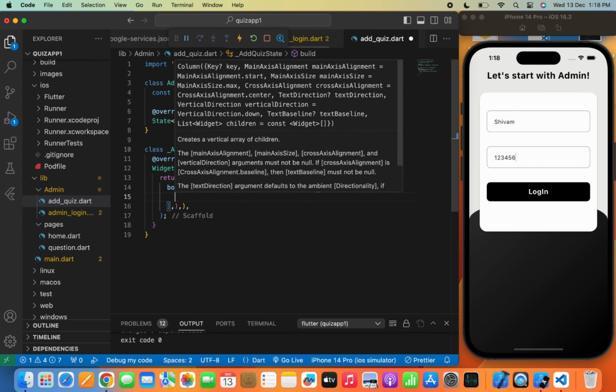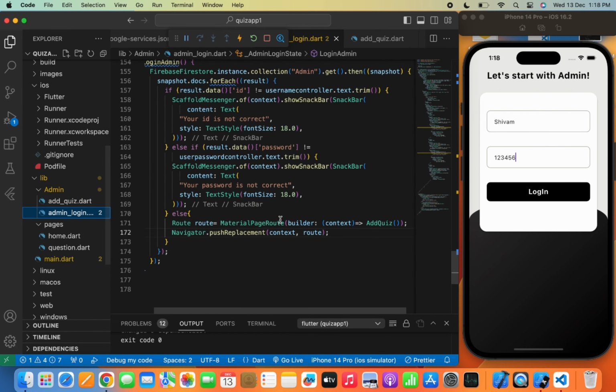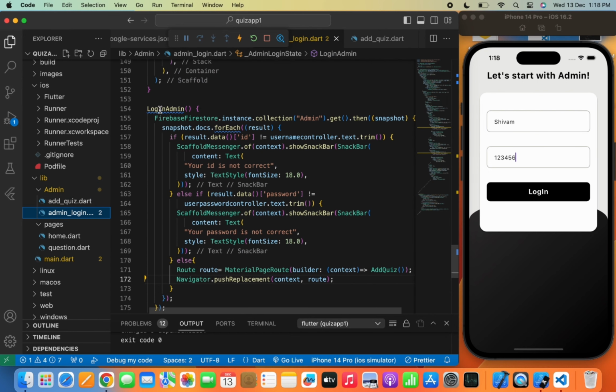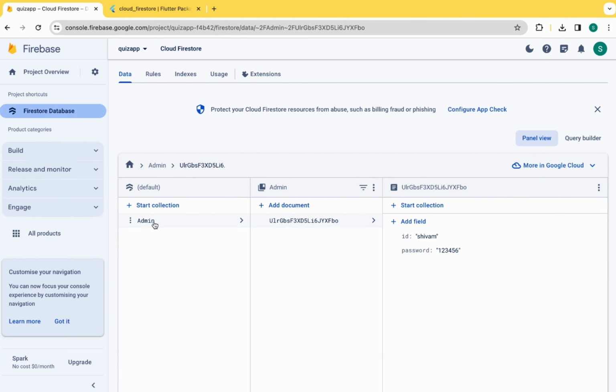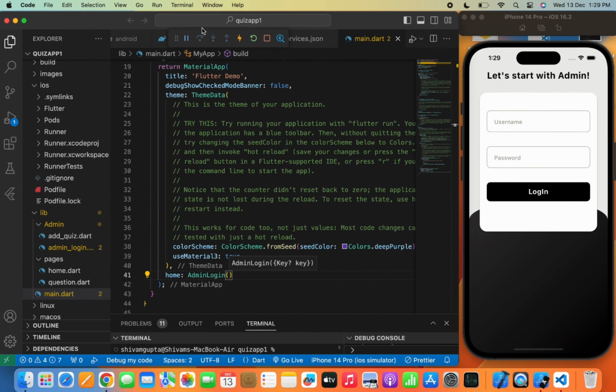Now let's check if our admin really works, what we have just written here. So now let's hot restart the complete app. So our app has launched successfully. Now I will write username Shivam and 123456. Now I'll click the login button. Here nothing happens because I forgot to wrap the login button with a gesture detector and forgot to pass